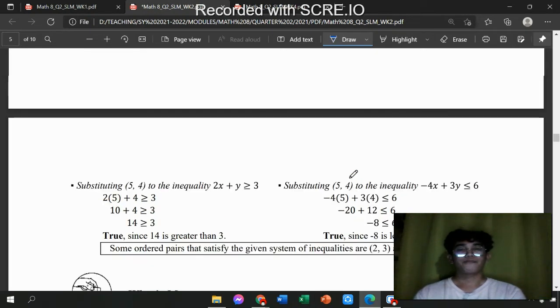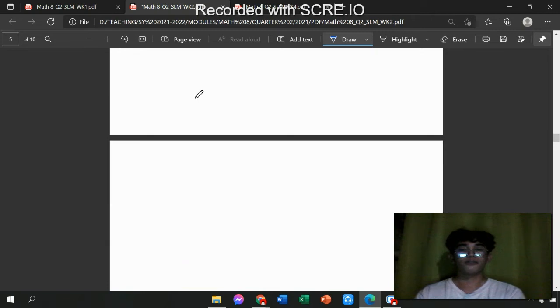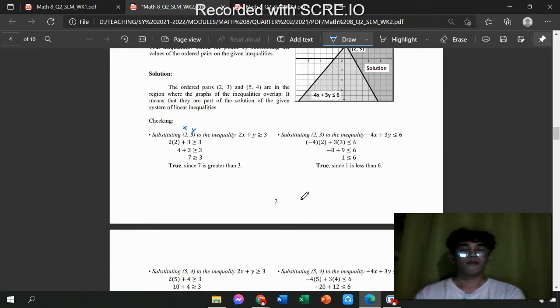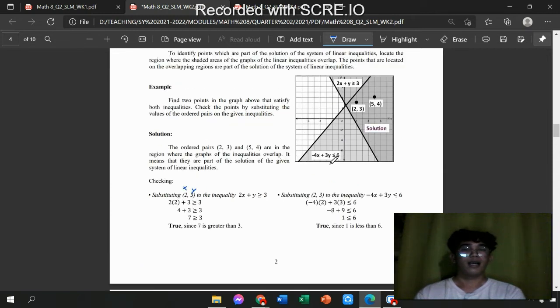So ang upat ka solution nato kay true tanan. So meaning sakto ang atong answer nga 2 and 3 and 5 and 4 are solutions to the system of linear inequality. And it is also correct nga all ordered pairs located on the overlapping shaded area are the solution